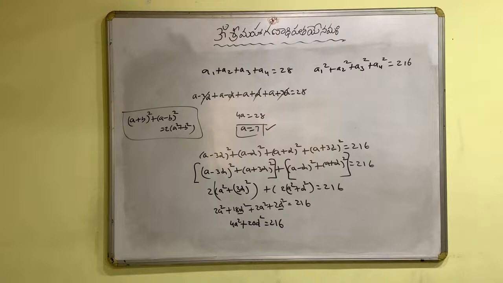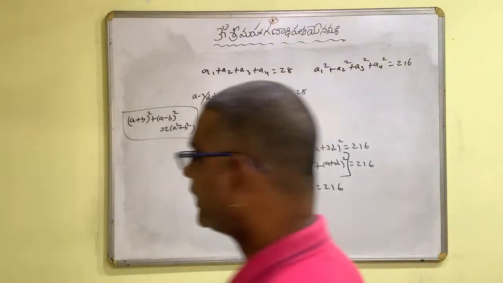Seven square is 49. 49 fours are how much? 50 fours are 200. 200 minus 4 is 196. 216 minus 196 is 20. So 20d square is